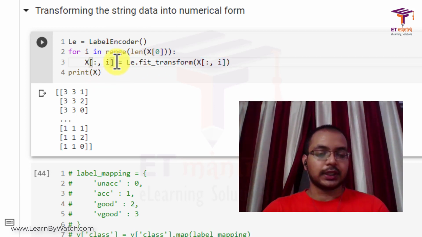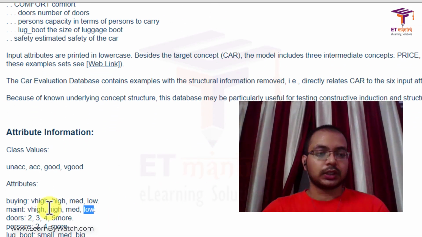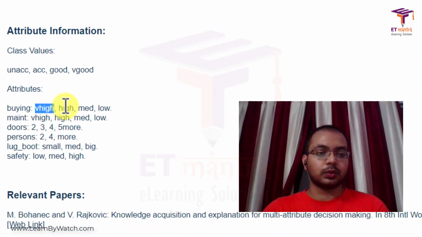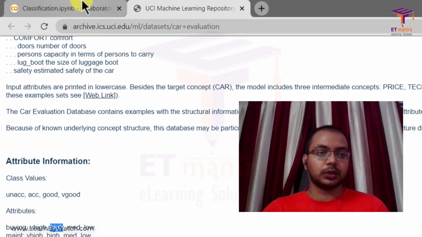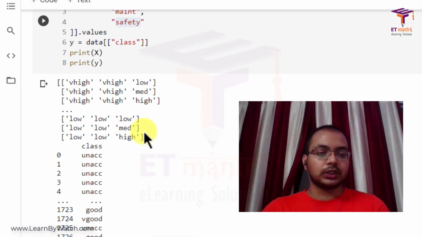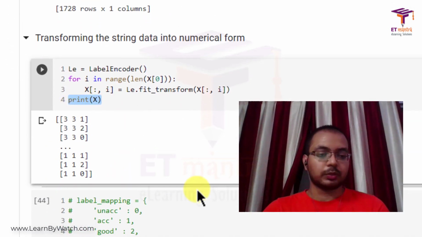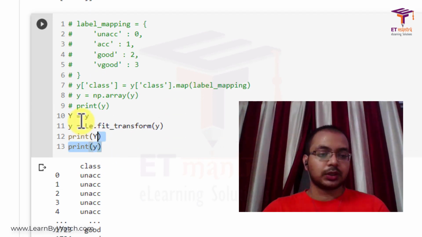One by one it takes the column and does fit_transform. Fit transform does the same thing which I told you: it takes one class, assigns it 1, takes the next, assigns it 2, and so on. After that we have printed out our X. So you can see earlier it was in string format. Now I have changed it into a numerical format. Same thing you can do with Y.